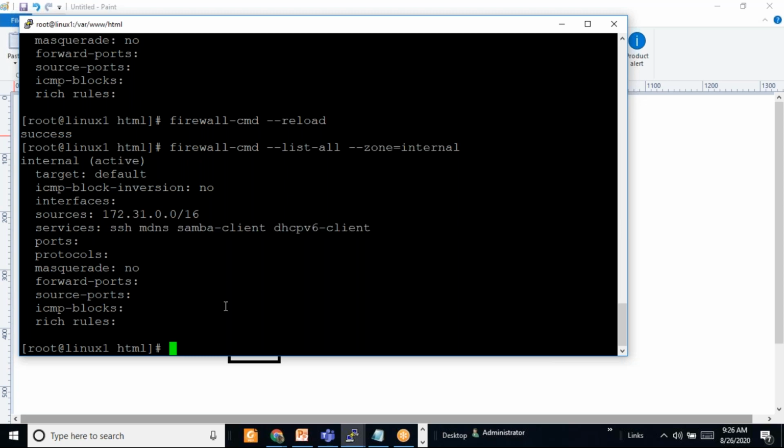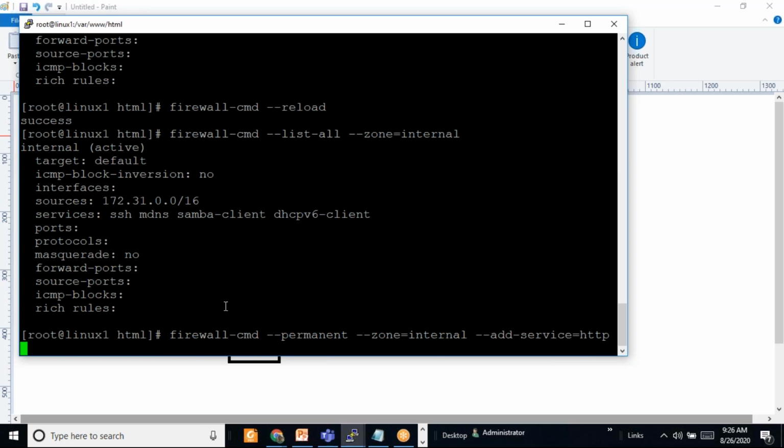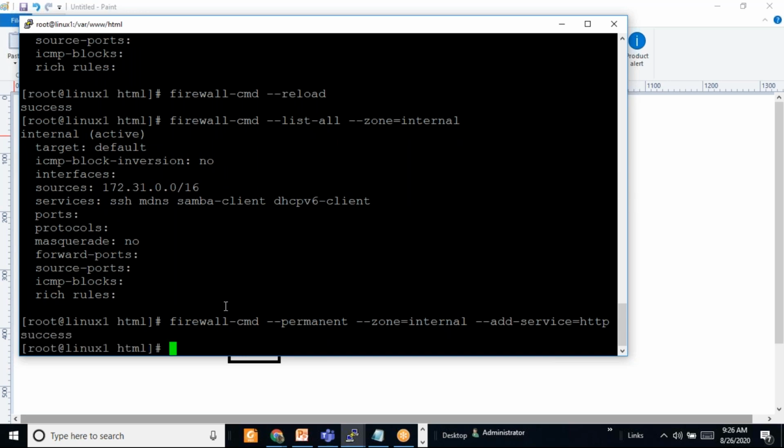If I want to add a rule, I have to give firewall-cmd, --permanent, --zone=internal, and --add-service=httpd. So I am adding HTTP traffic, I am allowing it now. Then I give the firewall-cmd --reload command.